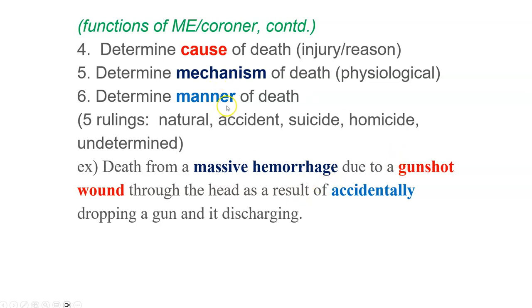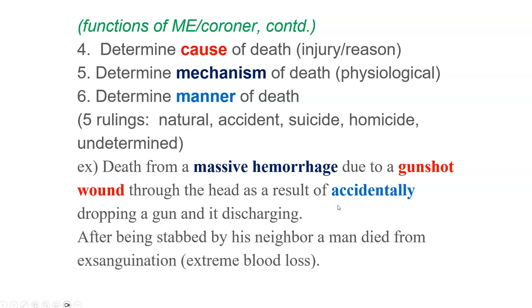Gunshot wound would be like the injury, and it's a lot more layman sounding, very common sounding, and that's our cause. And then the fact that it was an accident is the manner of death. So again, once you decide it's an accident, we're going to stop treating it as a crime scene. And if you were wrong and it turns out that it was a homicide, you will have lost a lot of evidence, and it's going to be very difficult to convict somebody.